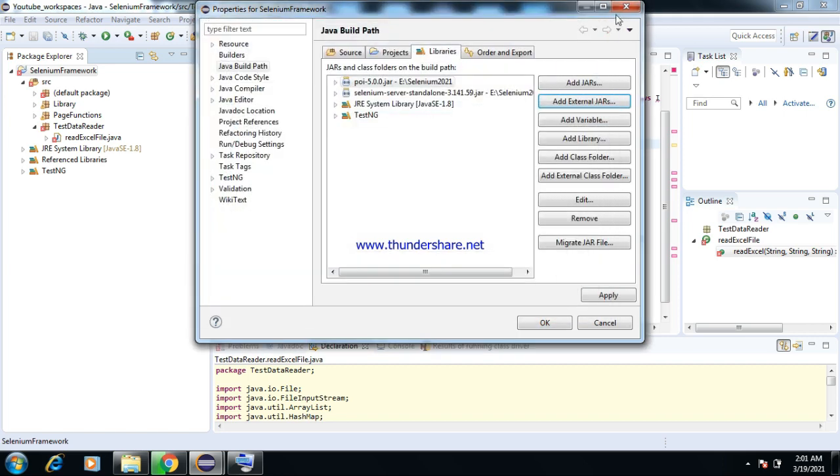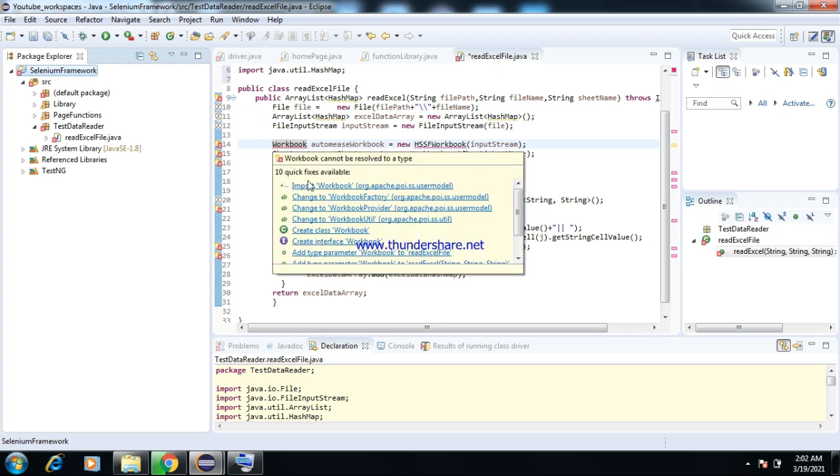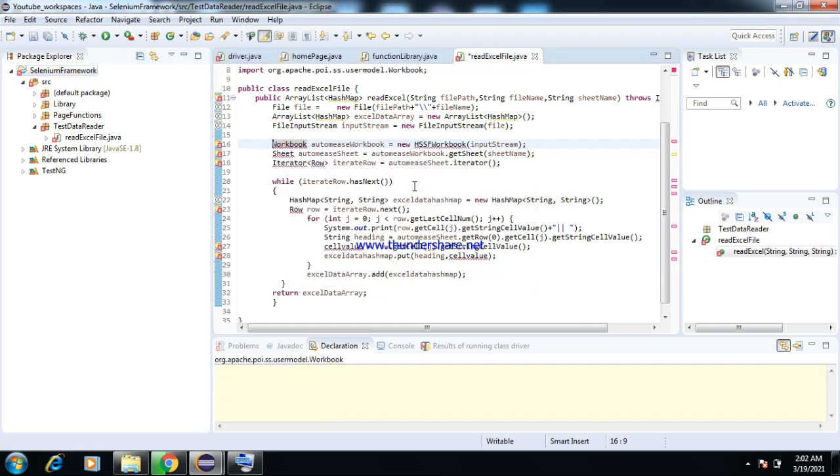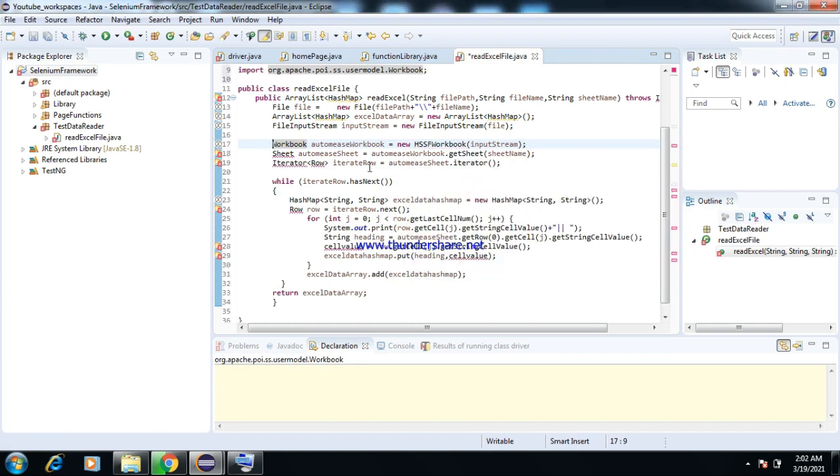So that will be associated with our framework. Once it is associated, then you can import it here: Apache POI SS usermodel. I have imported the workbook.